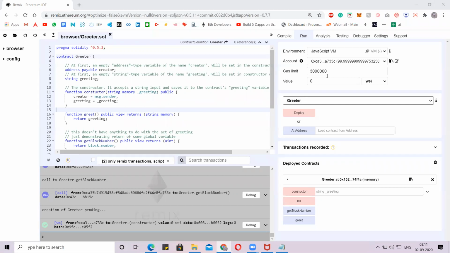Cool, cool. So now, I'll take a lot of time explaining each and everything in this contract, because when you know everything you can do anything on your own.